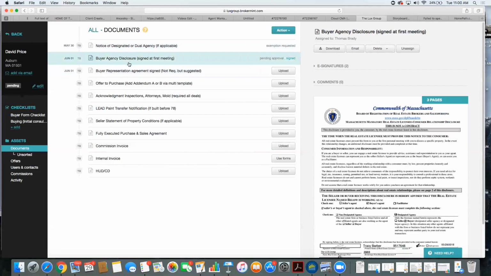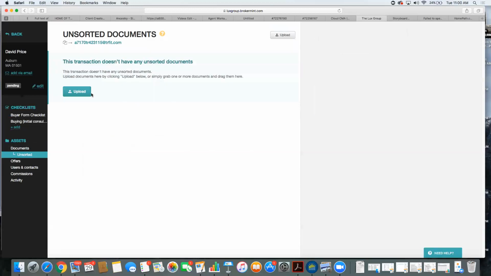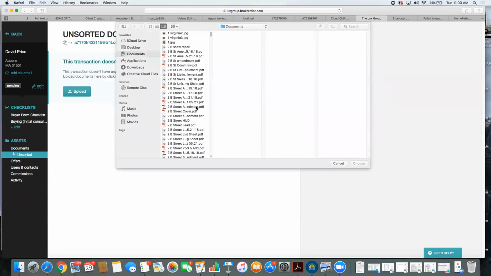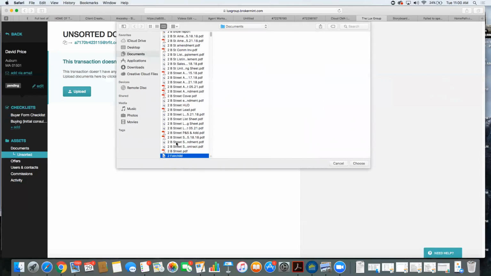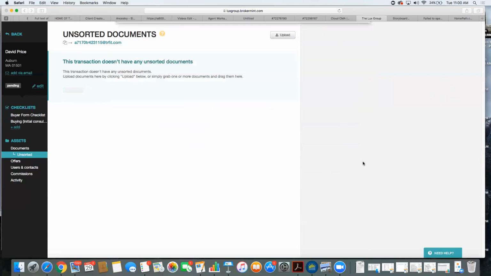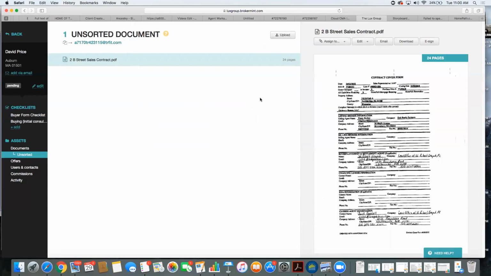Right. And there are cases where you have a contract. I want to upload a bank contract, for instance, because we know the bank contracts often include everything. It includes the P&S and the lead paint, for instance. So sometimes you're going to have all documents in one, or let's say you had a bunch of hand-filed documents. Instead of sending each one through as a scan, you could send the whole package through as a